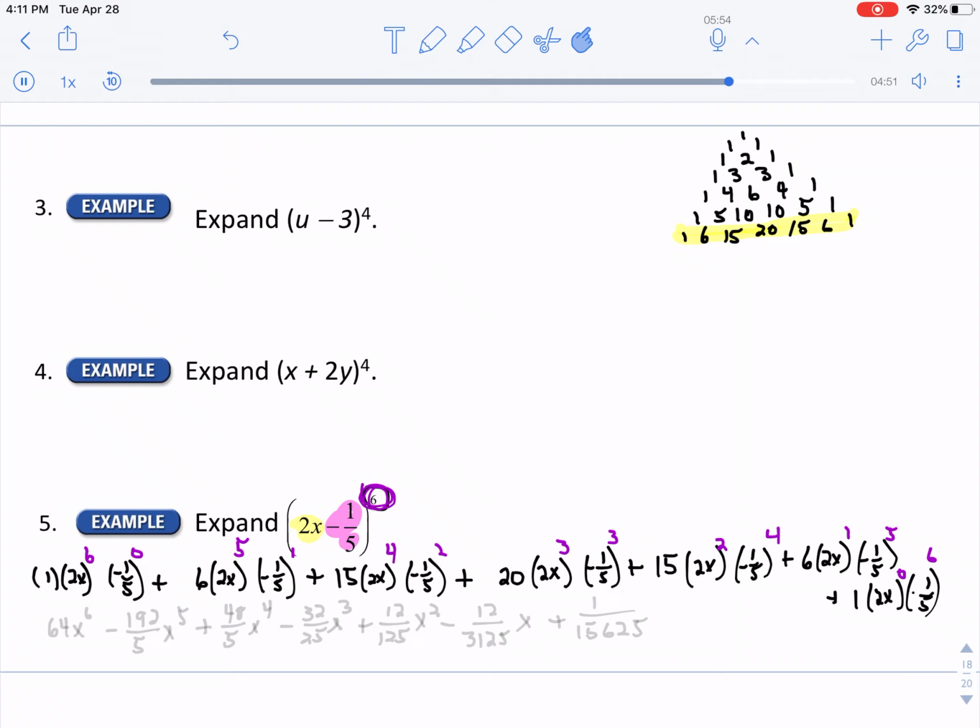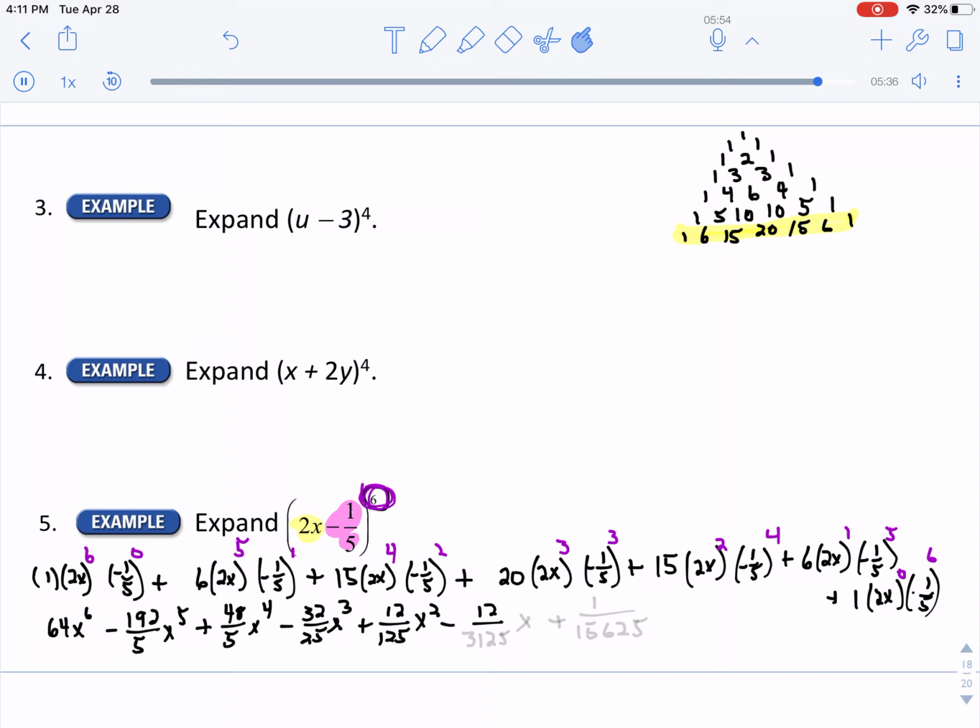You're going to get 64x to the 6th power minus 192 over 5 x to the 5th power plus 48 over 5 x to the 4th power minus 32 over 25 x to the 3rd power plus 12 over 125 x to the 2nd power minus 12